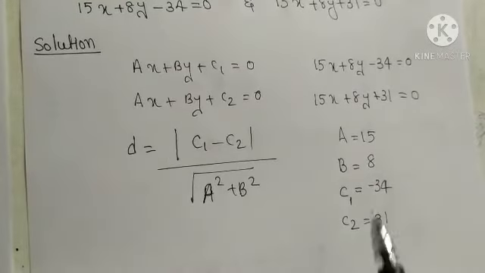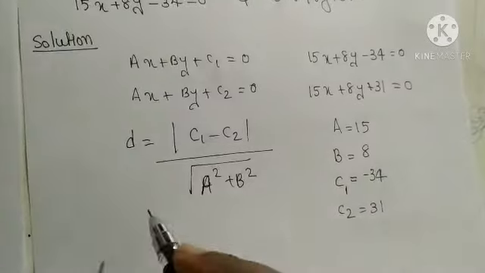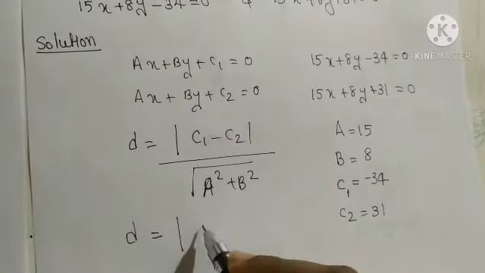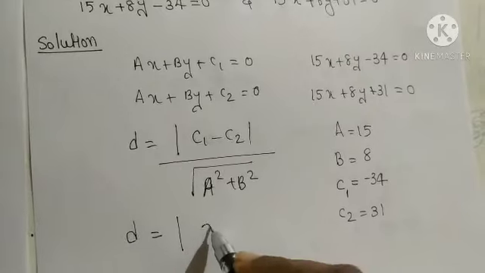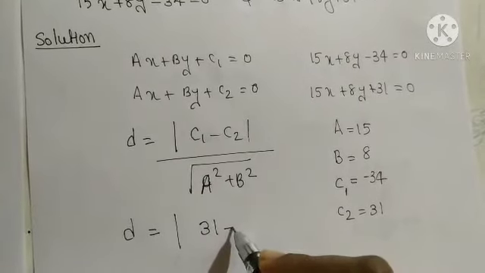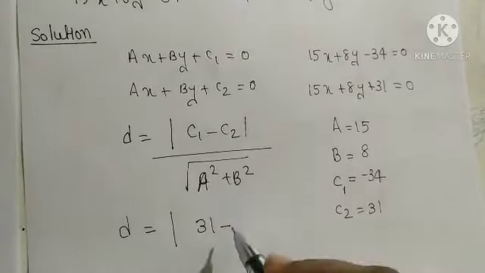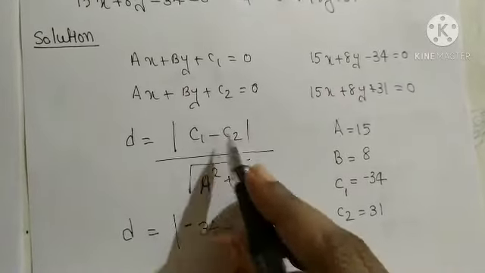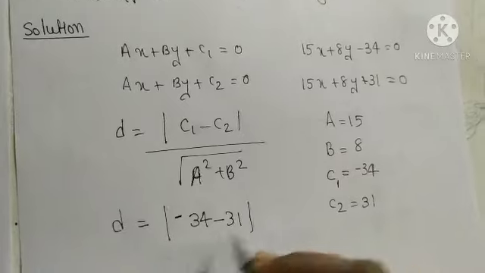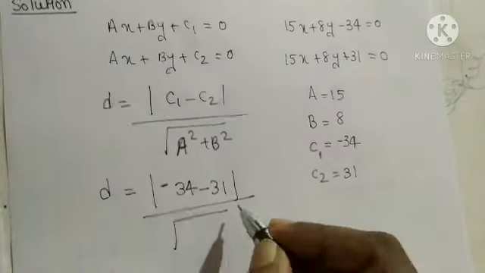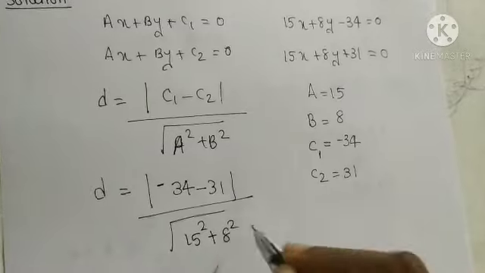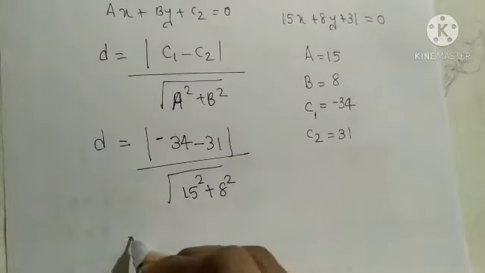So next I am going to substitute all these values into our formula, and we get mod c1 minus c2, that is 34 minus 31, whole divided by root of a square, that is 15 square, plus b square, that is 8 square. And here we get